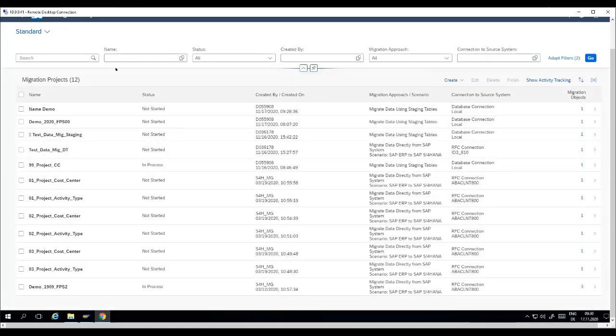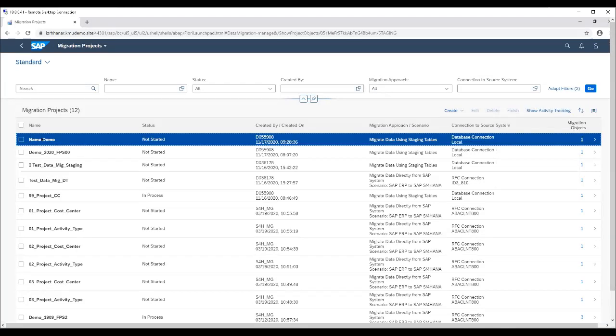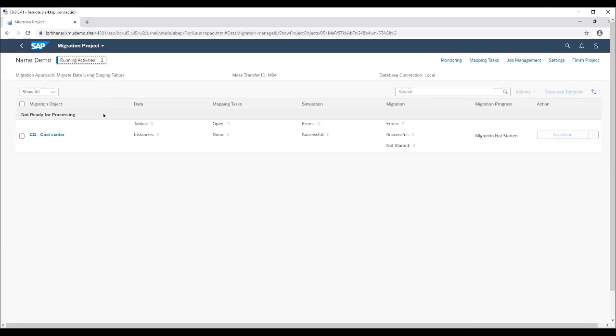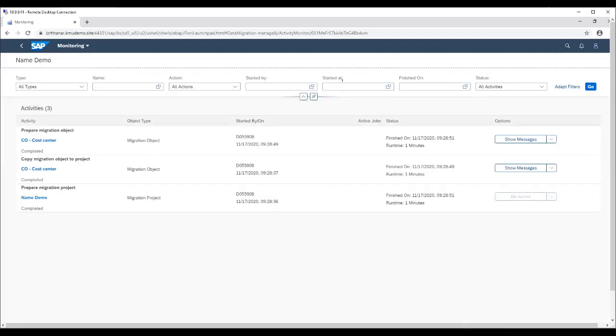As you see now in the list of the migration projects, you see the project I created seconds before. By clicking on the name, you have here the migration object for the cost center. You see here information running activities. This means that the project is created. By pressing the monitor button,